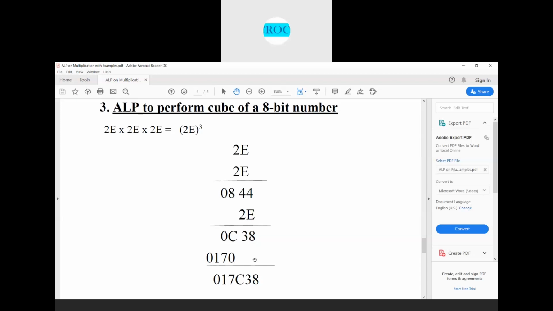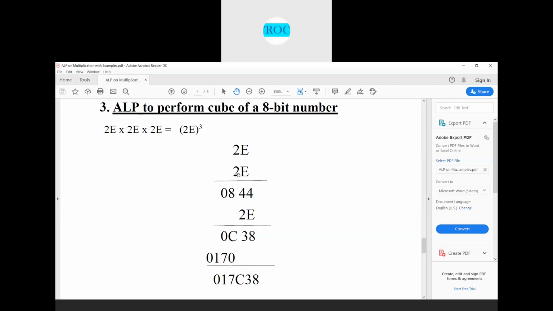If you see this directly, this result I will also store in one register, maybe the R0 register, that is part of the result. And this higher byte content we have, maybe I will store it in one register R1, and this R1 needs to be added with 70, right? And that is your result. So when I perform the addition of these numbers, you get 0170C38, right? Looking at this, how we perform the multiplication, we'll write the program.